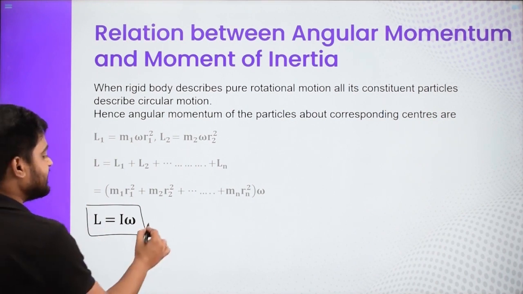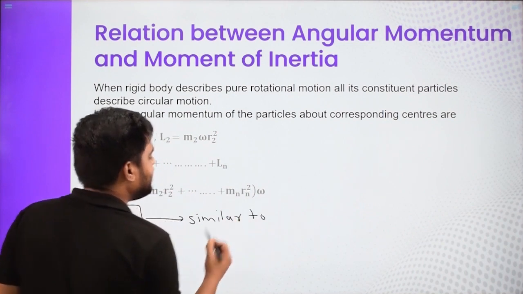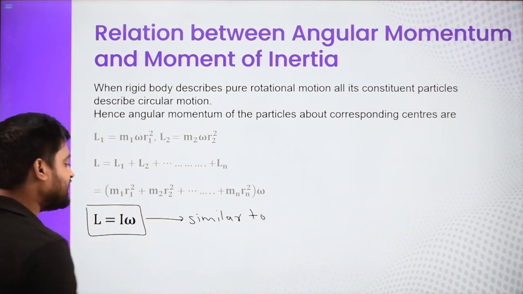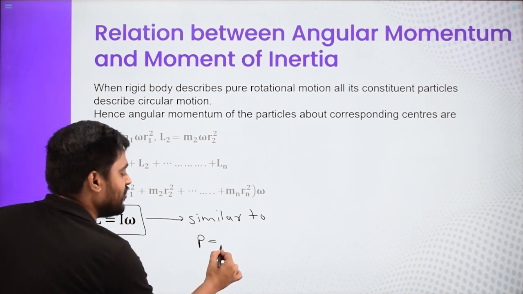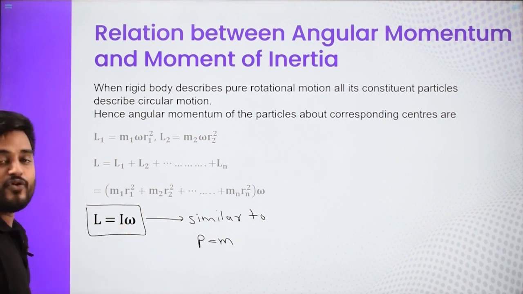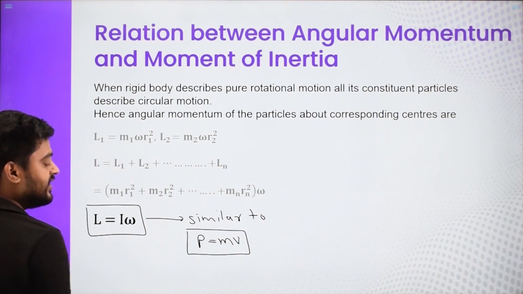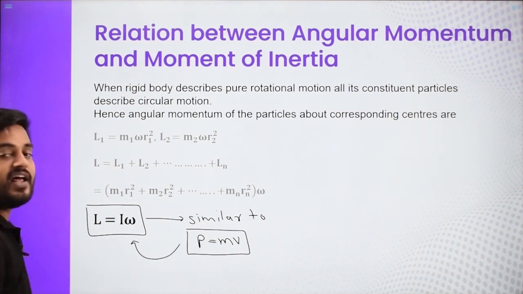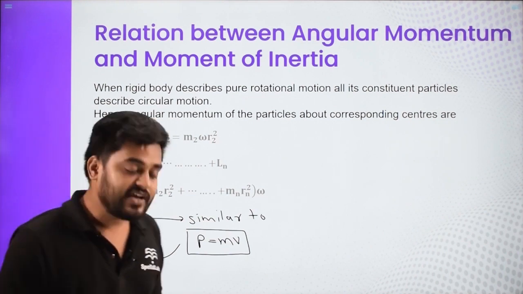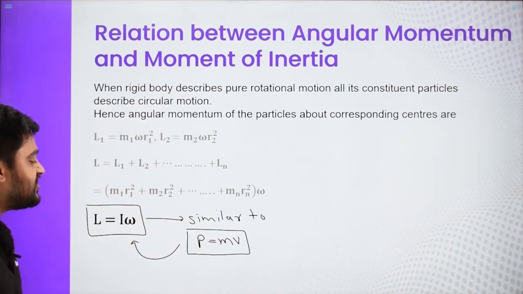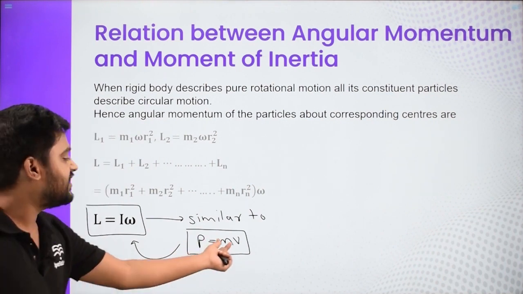Now this is again similar to, instead of angular momentum, going for linear momentum. Instead of moment of inertia, going for normal inertia, that is mass. Instead of angular velocity omega, going for velocity. So we know that p equals m v, and the similar rotational analog is L equals I omega. So this is an important relationship. Like this, we can make all linear to rotational analogs. Since p equals m v, L should equal I into omega.